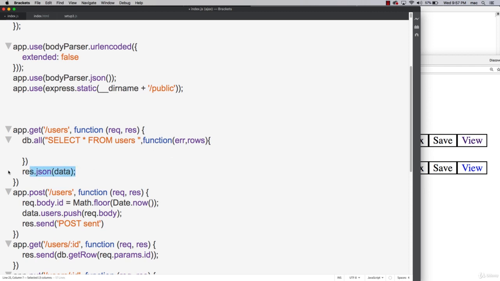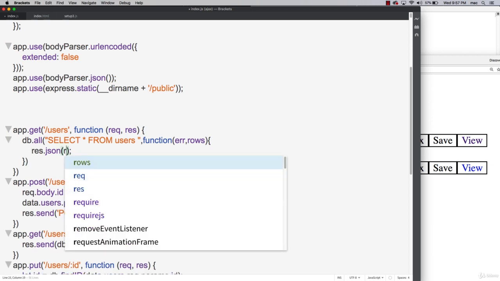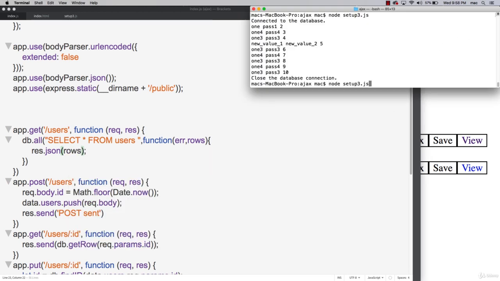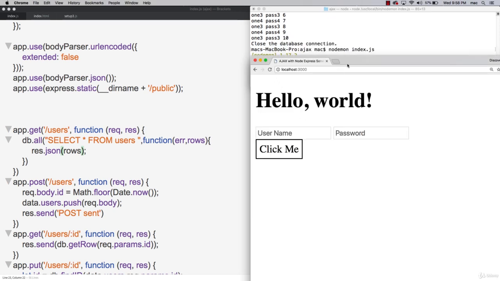So all we have to do is grab this and put it in here. And instead of data, we're referring to rows. So let's open up and start up. We'll do nodemon on index.js. So start up our server, refresh our server,